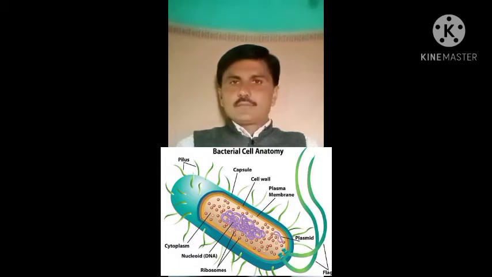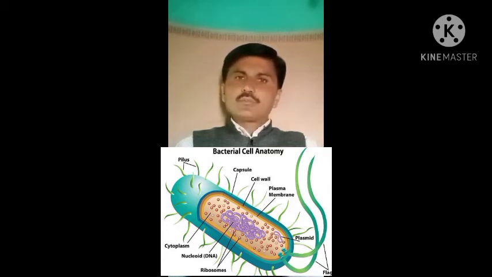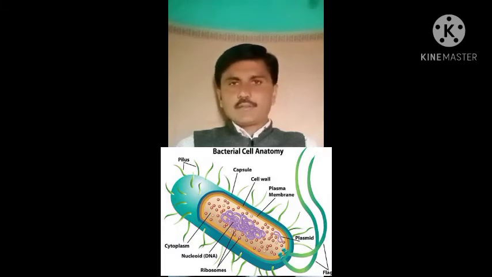By looking at the bacterial cell, we see there are three layers. These three layers collectively are known as the cell envelope. So these things we have seen in our yesterday's videos. We have also learned about the DNA, that is the genetic material, which lies in this bacterial cell.